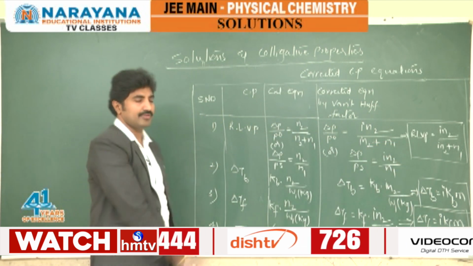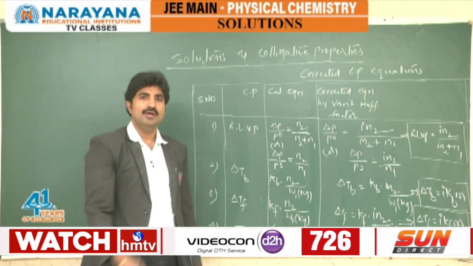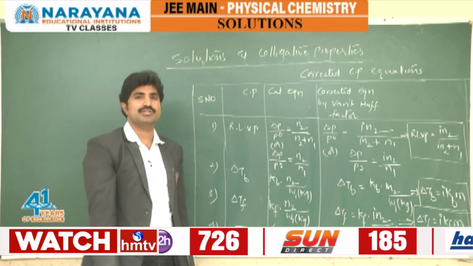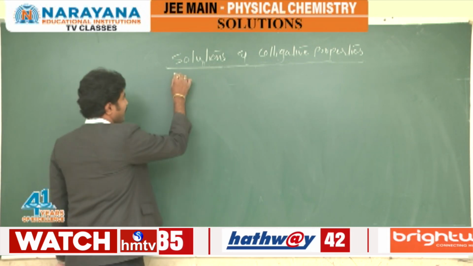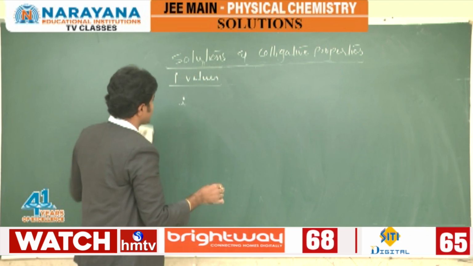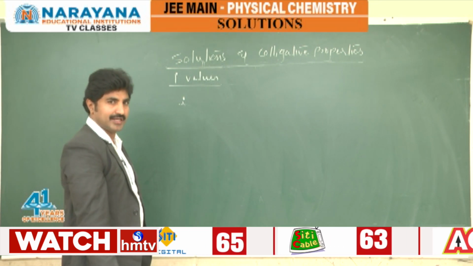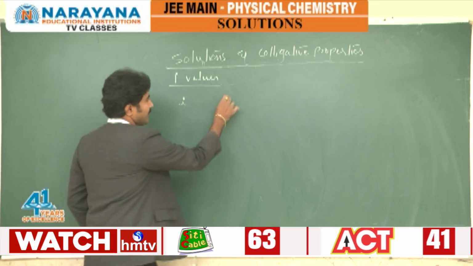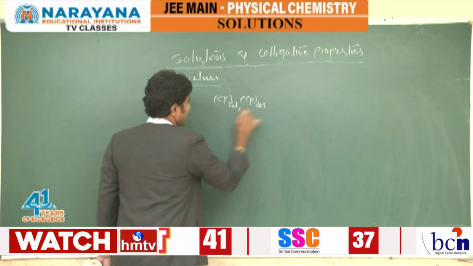Okay, anyway, to solve the numericals, we must know that Van 't Hoff factor i value. How to calculate i and what are those different values in different cases. See this. Van 't Hoff factor i values: based on the relation between calculated and observed colligative property, you get the i values. This is i, the colligative property calculated and observed relation.